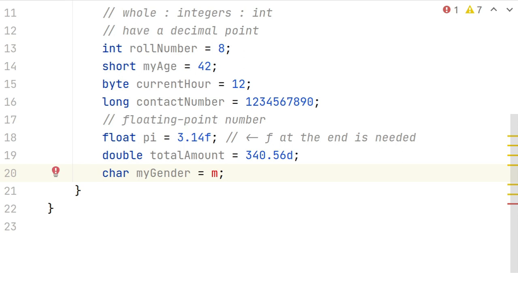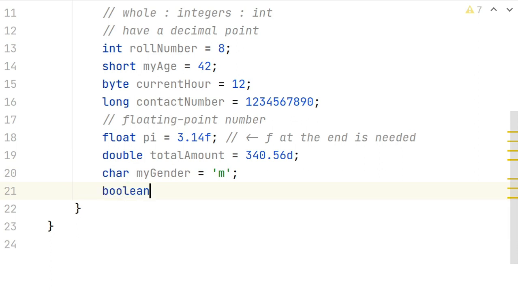So how do we tell this compiler that this is in fact a character? We put a single quote around the character, right? If you have any value that is a single character, you can simply store it as a character variable in Java. And the final one is called a boolean, which stores a true or false value.